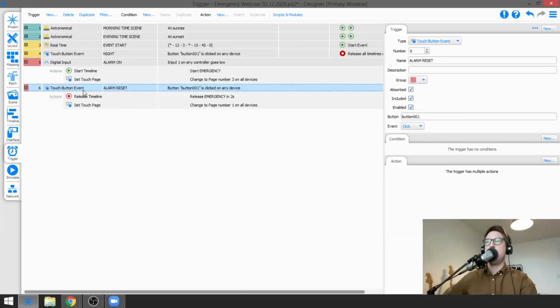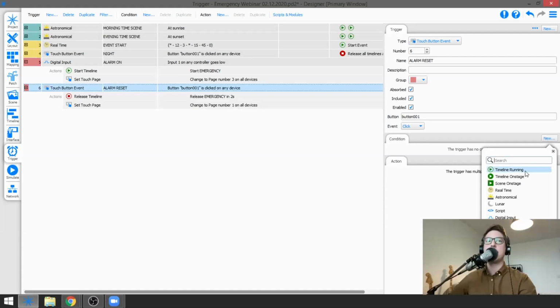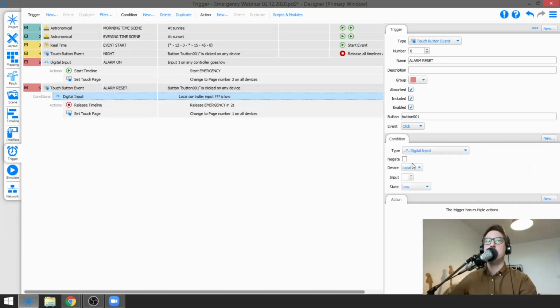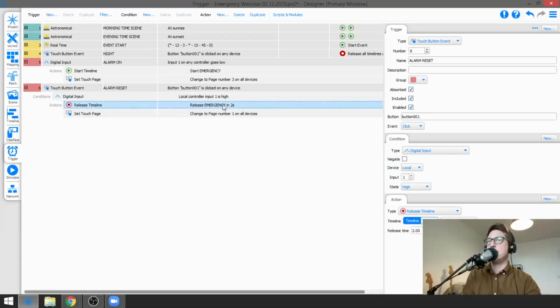But in order for it to check that the alarm has actually ended, you can simply have a condition. And that condition will check a digital input. So you just set it to the input that you want, and then the correct state. So it'll run like this. They press the button. If the alarm system has been reset, then of course you will then be able to release the emergency